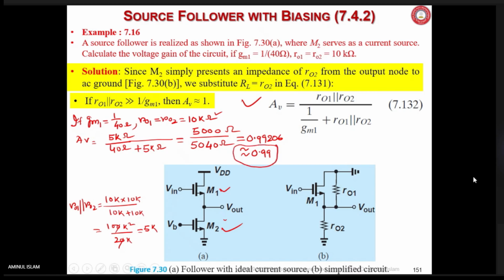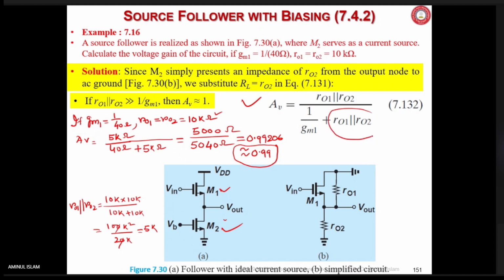It is going to be 0.99, less than unity. We know that a source follower will always give a value very close to the input voltage only. It is not going to amplify. But then why is it used? That is a question. If you don't get amplification, why use it at all? Whatever voltage is generated by the transducer or microphone remains the same, or is reduced a bit, as in this example, you see that it is 0.99. Is it understood why 0.99?